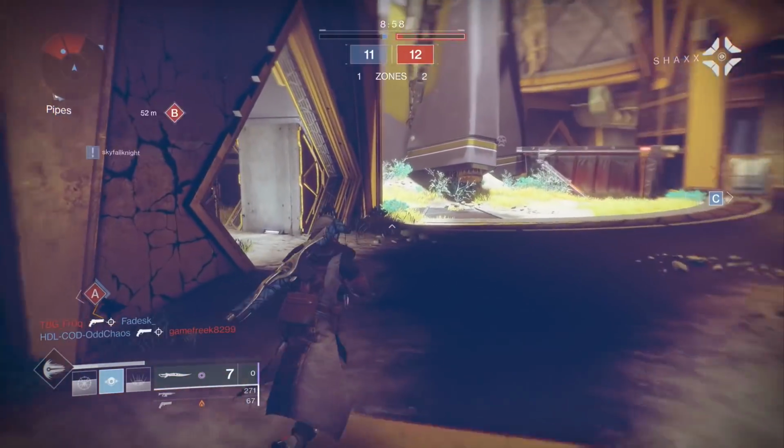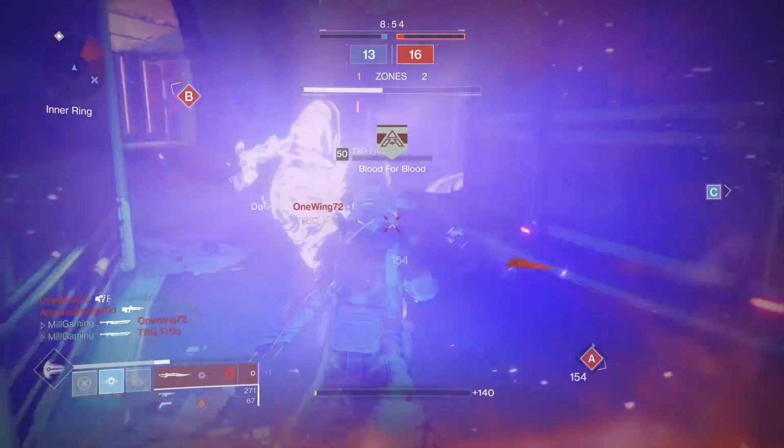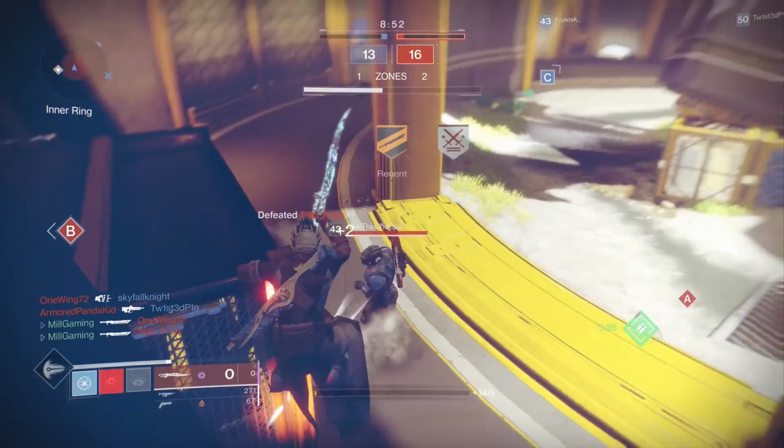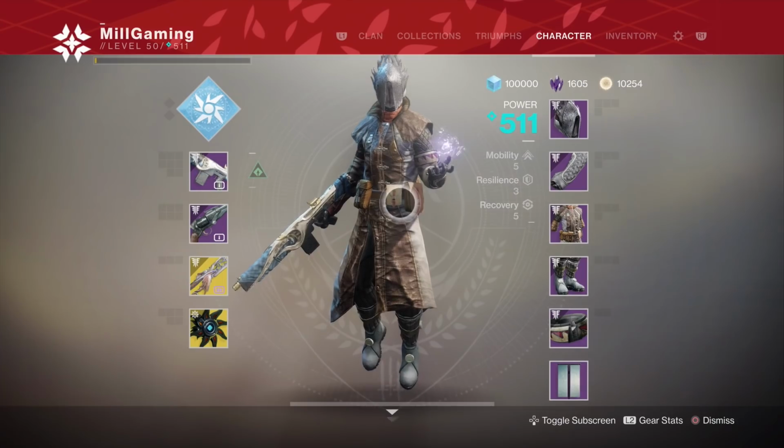Talon. Now for those of you who don't know, it is an exotic sword, and in my opinion it's probably the best looking exotic we've ever got in Destiny 2. It's just absolutely beautiful. Now if you're wondering how you get this thing, it's just from exotic engrams and milestones